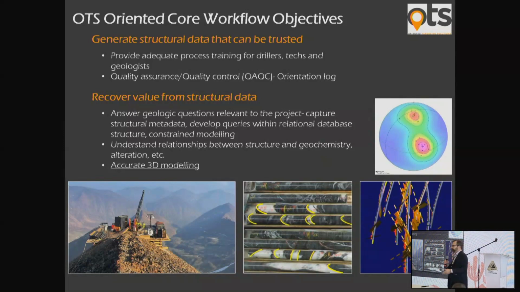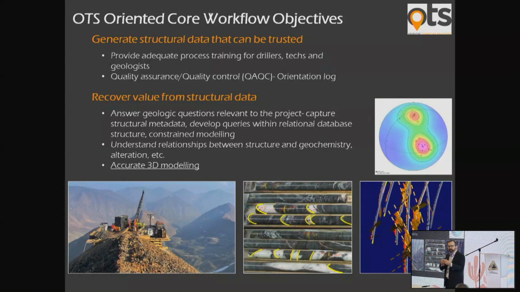So we've noticed some problems in the industry where people have tried to do this before. They either didn't trust the data that they were generating, or they didn't know what to do with the data that they were generating. So we attack those 2 problems right off the bat when we get involved in a project and train. We want geologists to be able to trust their data, so we end up logging a quality assurance, quality control QC for the data. It's an orientation log. And then we guide geologists into the process of, okay, what are we going to do with this? How are we going to join this